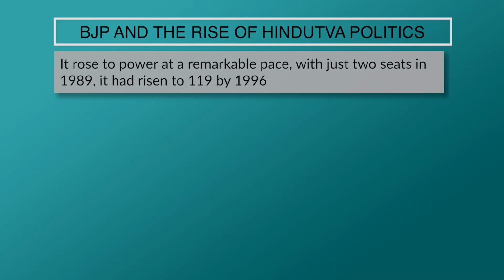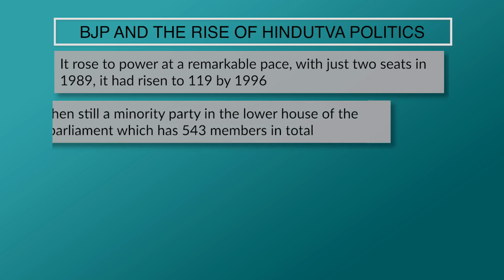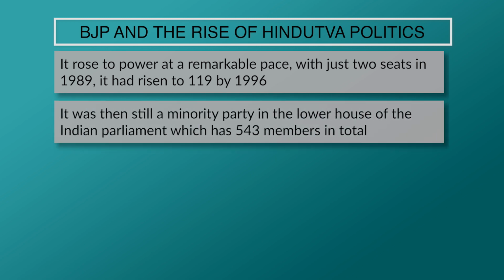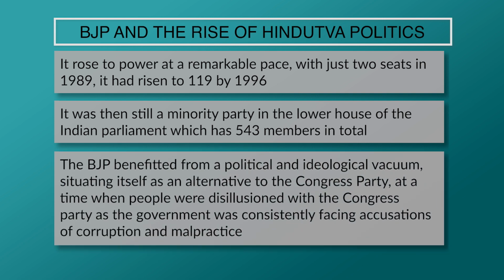Now let us discuss the rise of Hindutva politics under the BJP. It rose to power at a remarkable pace. With just 2 seats in 1989, it had risen to 119 seats in 1996. It was still then a minority party in the lower house of the Indian Parliament, which has 543 members in total. The BJP benefited from a political and ideological vacuum, situating itself as an alternative to the Congress party at